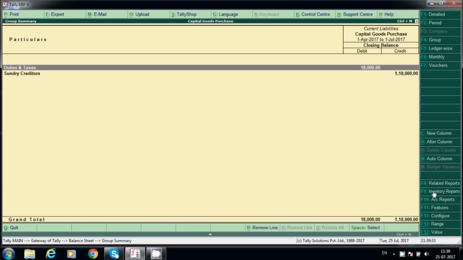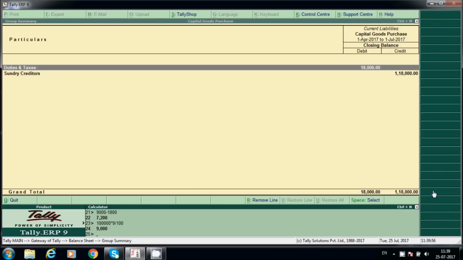But in case of capital goods we cannot claim the total input GST in the same financial year, so we have to split it over 5 years as per the GST rules. Control N, 18,000 by 5 years, so each year 3,600. We can claim input GST of only 3,600.